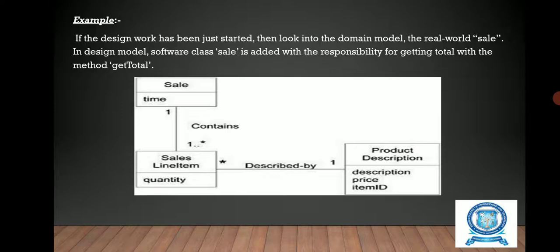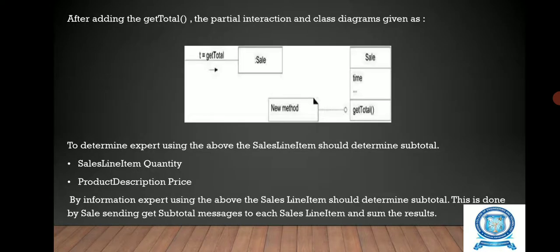If the design work has just started, then look into the domain model, the real world sale. In the design model, the software class Sale is added with the responsibility for getting the total with the method getTotal. After adding getTotal, the partial interaction and the class diagram can be given as such in the diagram. To determine the expert,